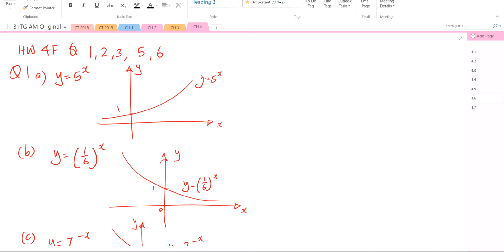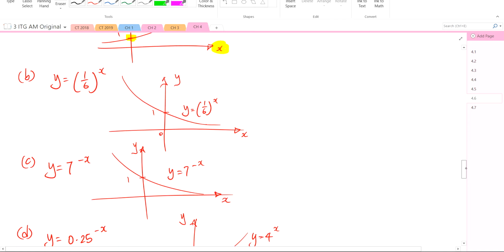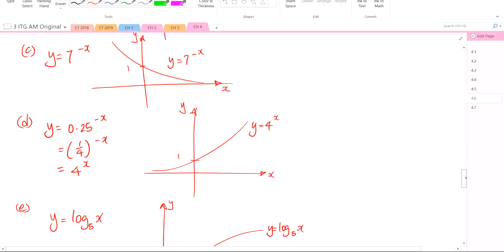And do not make the same mistakes. Some of the very most basic things: you must have your axes labeled, x and y, for all of them. You must have your equation of the line. You must show me your intercepts, if any. So all these must be shown. Now, for part D,